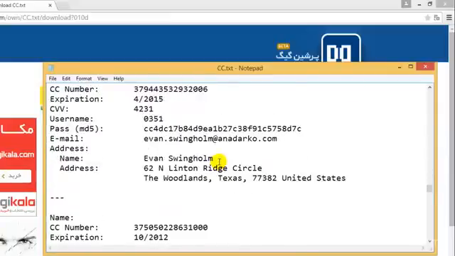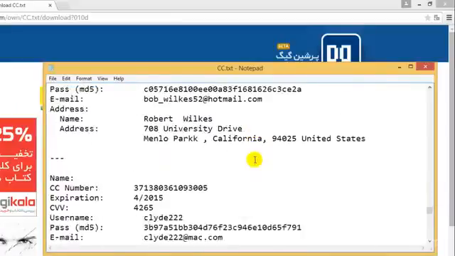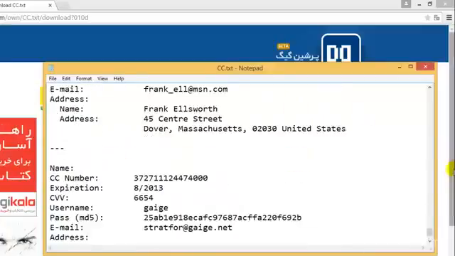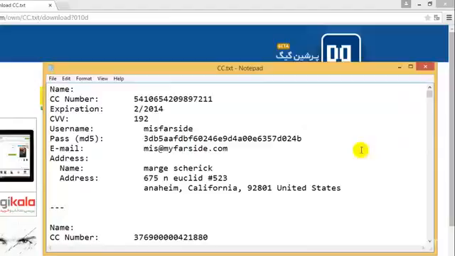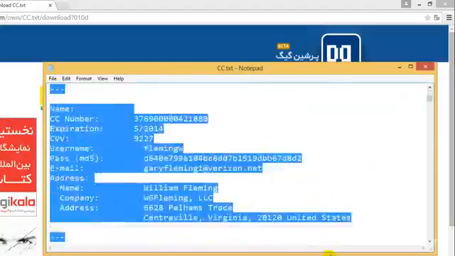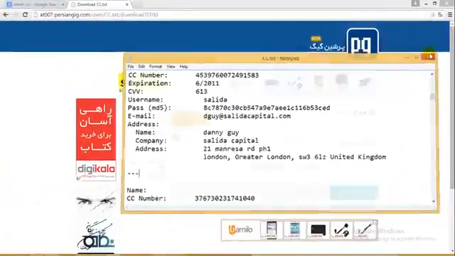Let me check if I have any active one. Feb, March, April. This expired last month. It's the American Express card, and even this expired last month. Okay, so I don't actually have any active one, and it's actually quite good that I don't have any active card over here, because if one of you watching this video is malicious, and probably uses that for illegal purposes,